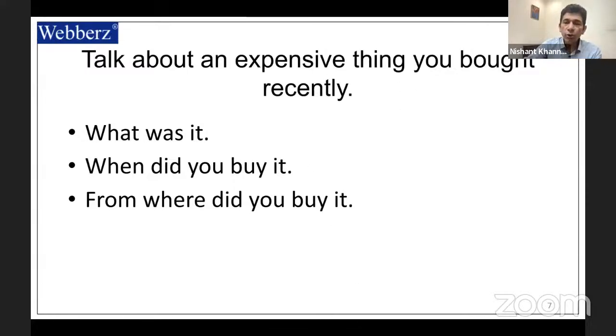Now, let us talk about one thing. Till when you have to speak? Okay, let me give you some parameters. There are 3 parts of speaking called part 1, part 2, and part 3. Part 1 has introductory questions. Part 2 has got a cue card. And part 3 has got a discussion on the cue card. If I talk about part 1, the answers should be 2 to 3 sentences long. The answer to part 3 should be 3 to 4 sentences long.